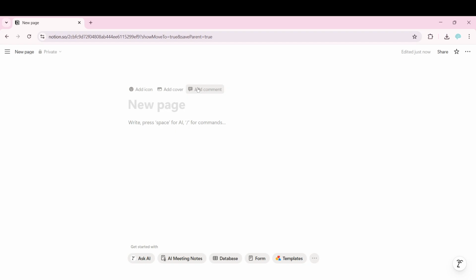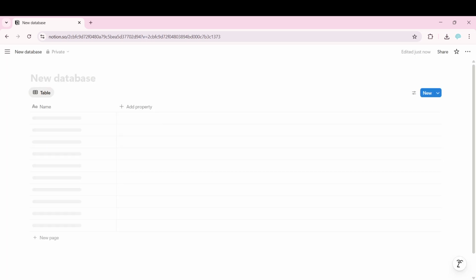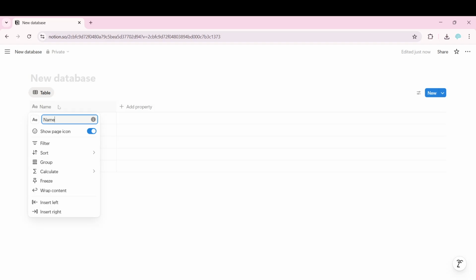First, prepare your Notion workspace. Open Notion and create a new page. Then add a table database to that page. We'll set up 3 columns you'll use later in Zapier. Make the first column File Name and set it as the title property, because every Notion database needs a title